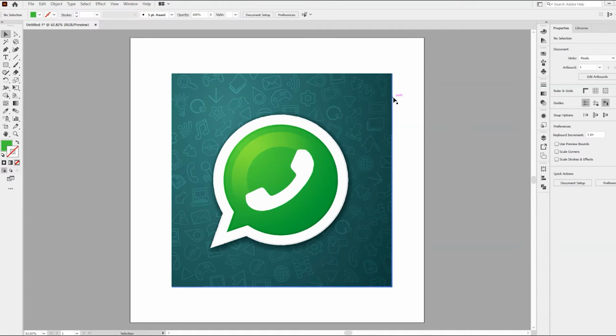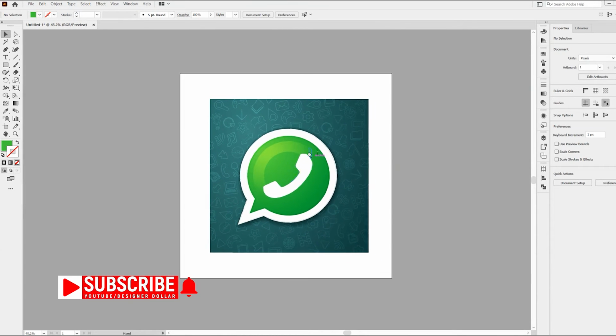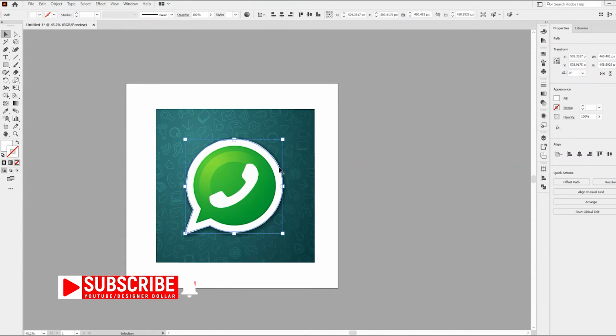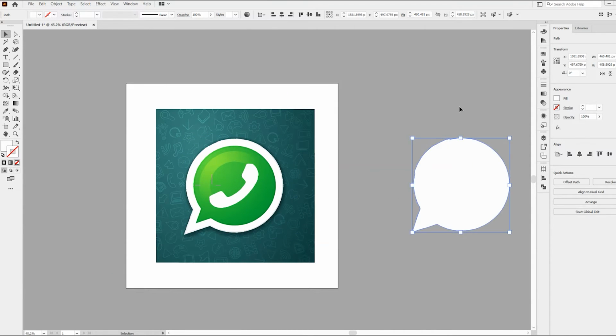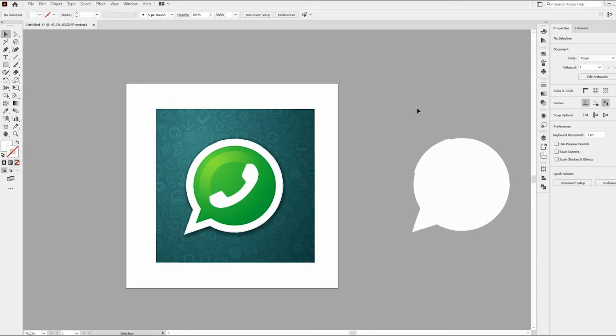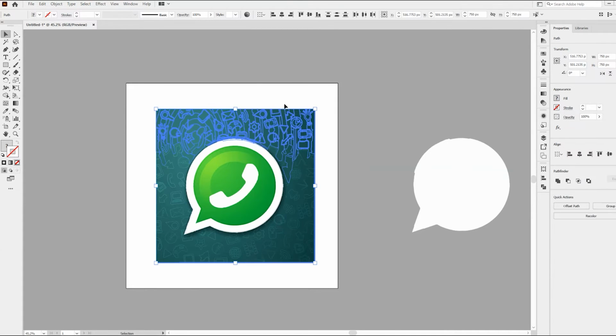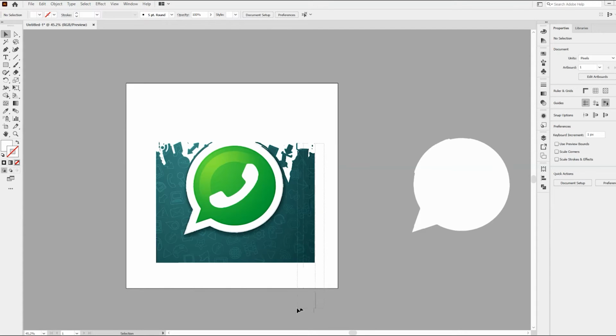So I am going to show you the best technique to remove these portions. First you have to zoom out this screen. Now click on the white portion, then bring it here, and now you have to delete these things. Select this, then delete. Select this, then delete.